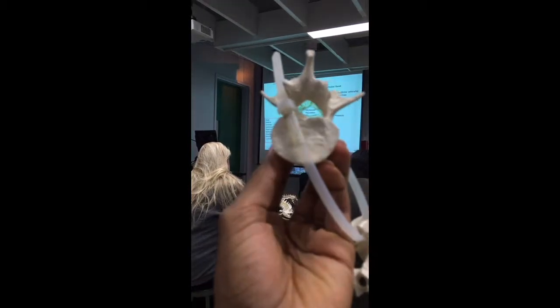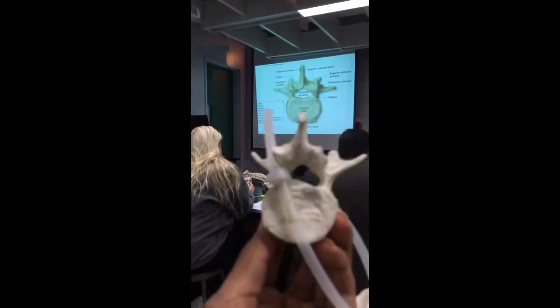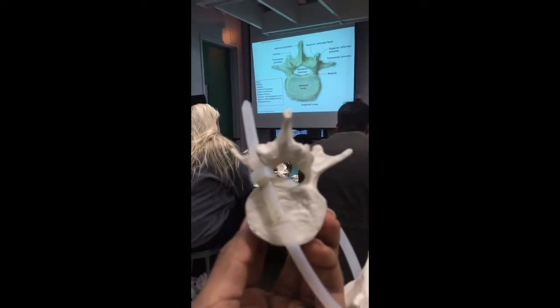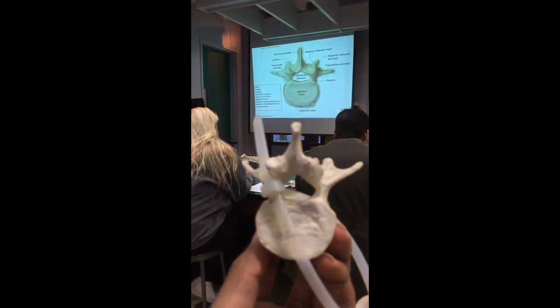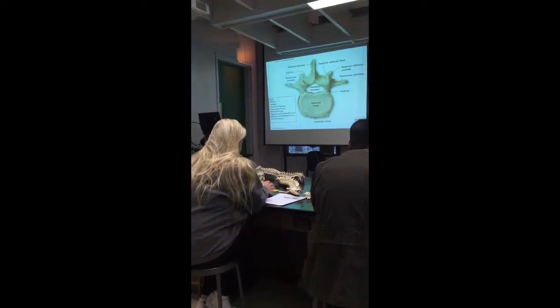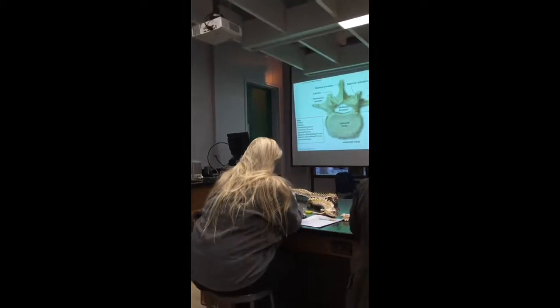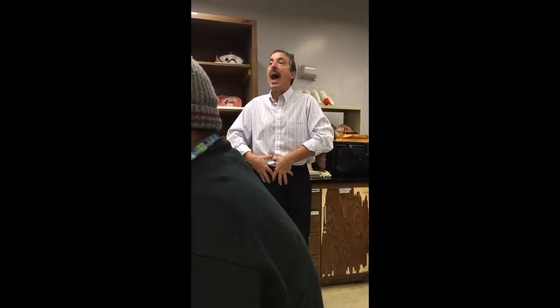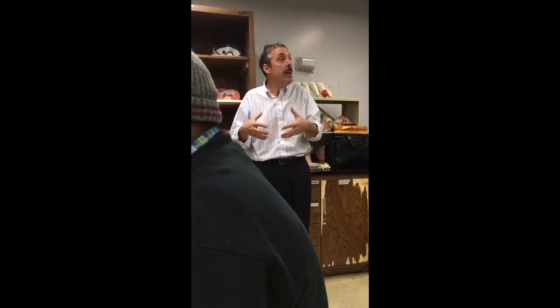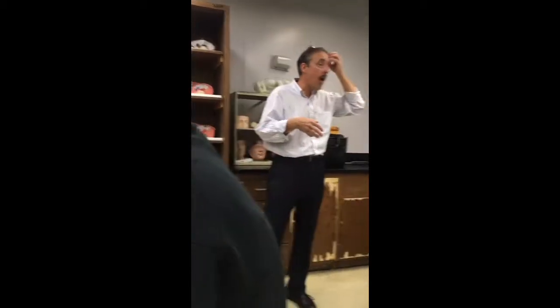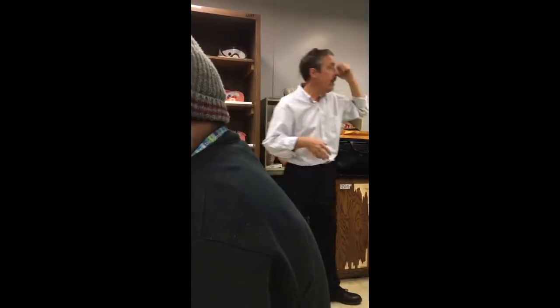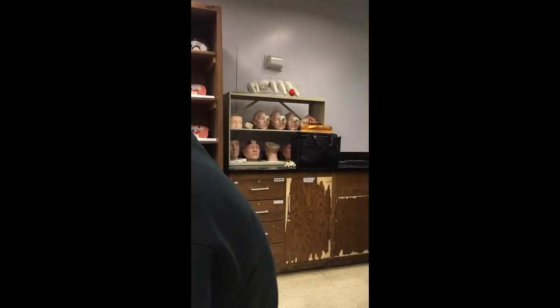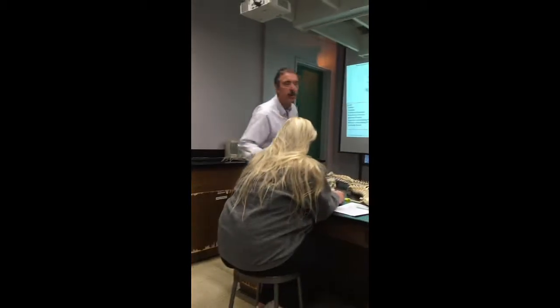So to identify the lumbar vertebrae, it has all the normal parts. They're just bigger. Think about it. If you weighed 120 pounds or 150 pounds or 200 pounds or 250, whatever your weight is, that lumbar vertebrae has to hold the weight of your body. So the vertebrae is much more massive, okay? So on your ring, the biggest vertebrae,